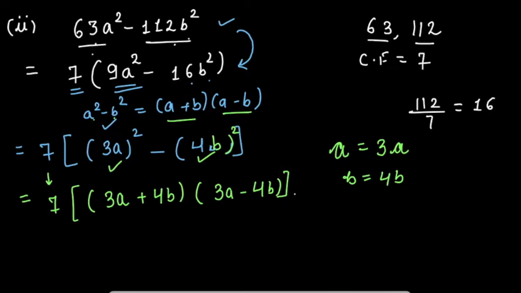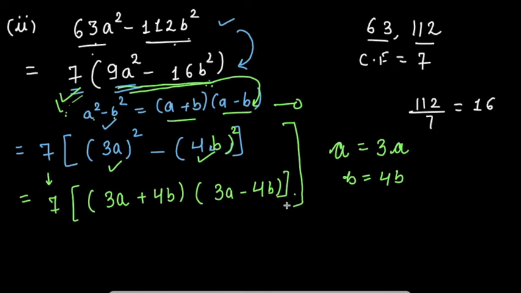So this is how I have taken common, and then when I have taken 7 as common, which was the highest common factor, I have converted the question where I am able to write it in the form of third algebraic identity. Okay, and we have done it like in binomial. The best way to do the factorization is to take the terms common. So when I took 7 as common, I was further able to do the factorization of 9a square minus 16b square using third algebraic identity. So we have done this.